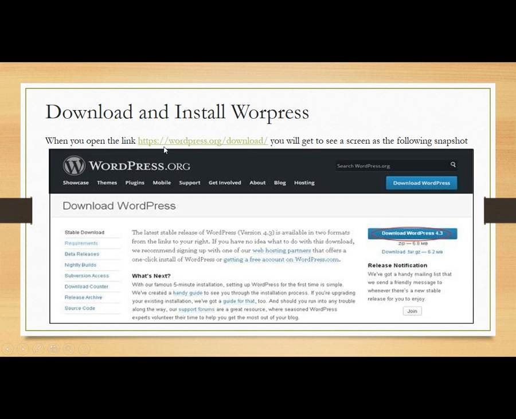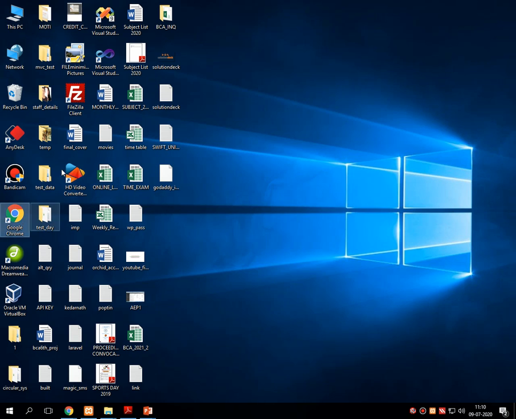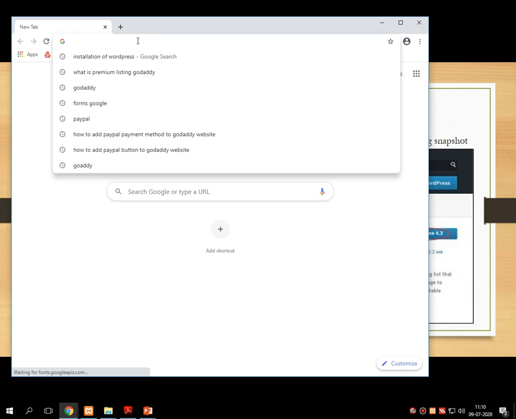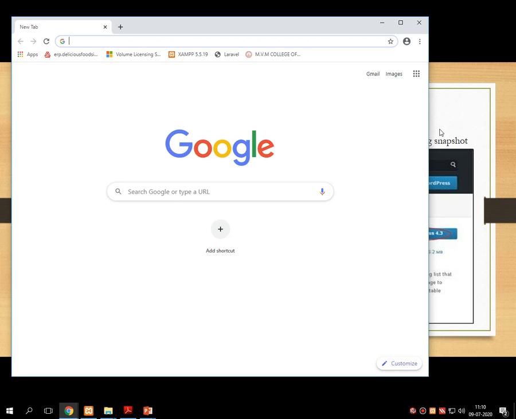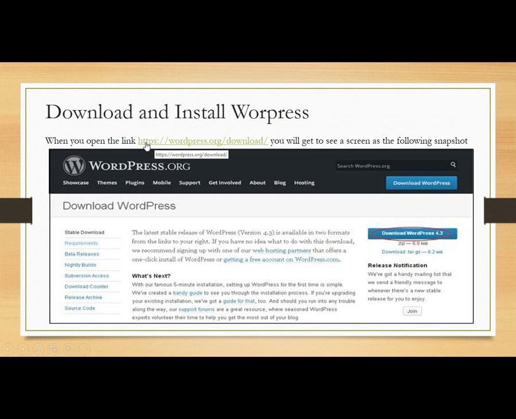That means just open your browser and in the browser URL bar type the URL https://wordpress.org/download/. You will get this type of screen in the browser.